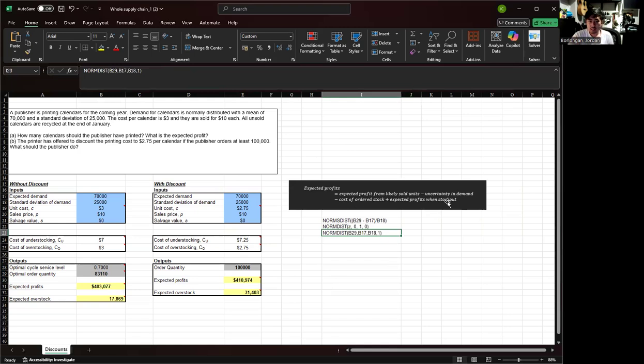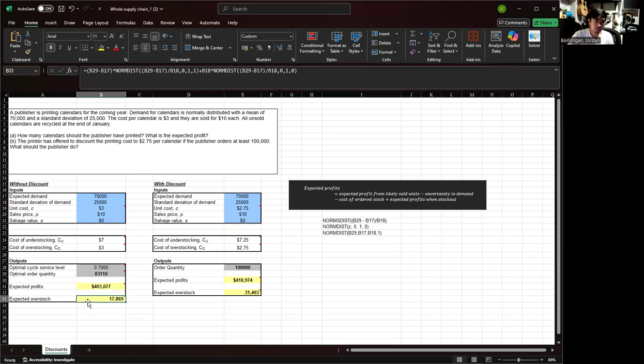And then lastly, the expected profits when stock out. This is just the inverse of the expected profit from likely sold units, so just one minus the command used earlier. All in all, that results in expected profits of